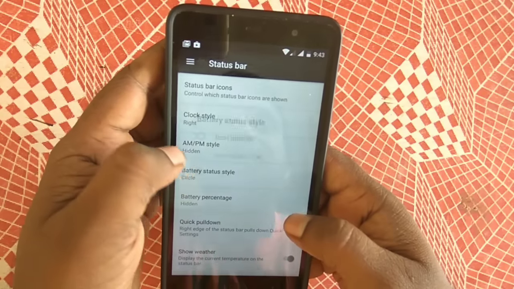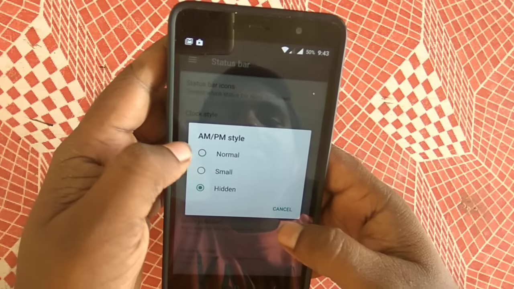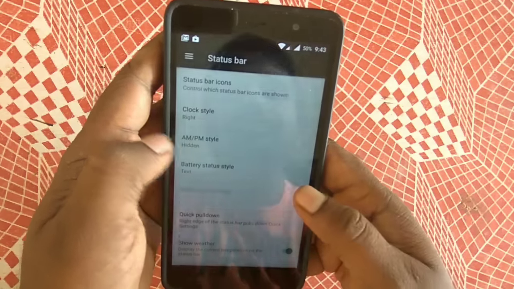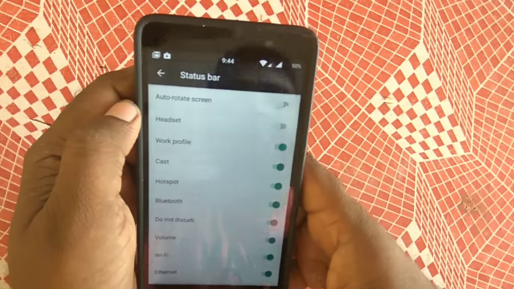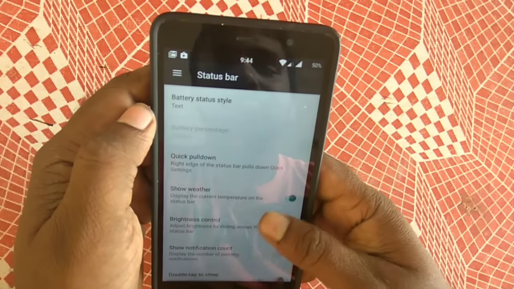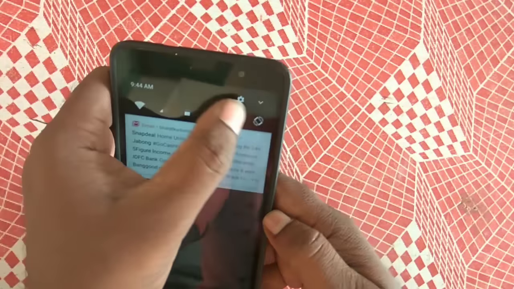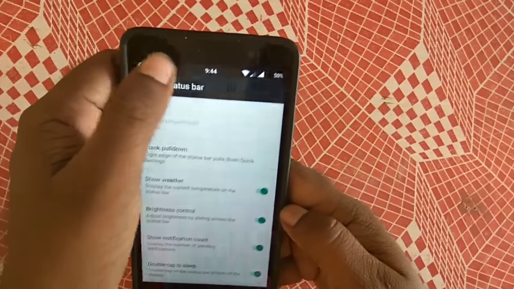You can see that I am testing every single thing to see if it works or not, so I will mention the list of bugs in my description, so check it out. Here you can change the shape of the text of the charging percentage, control the brightness of the notification, and also switch off by double tapping.